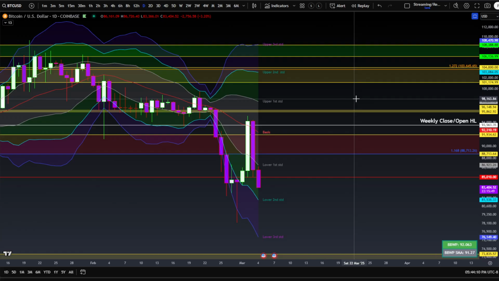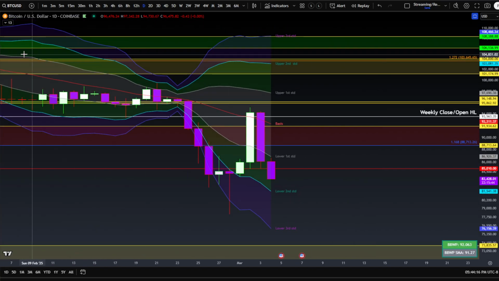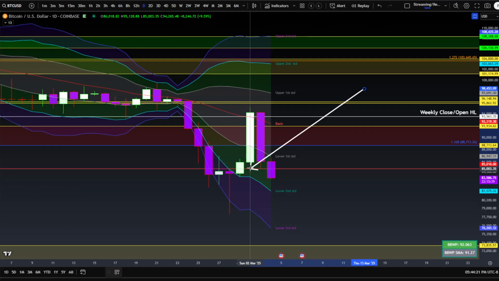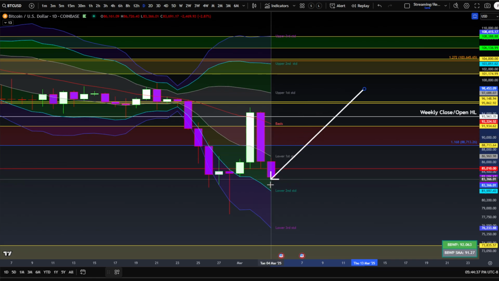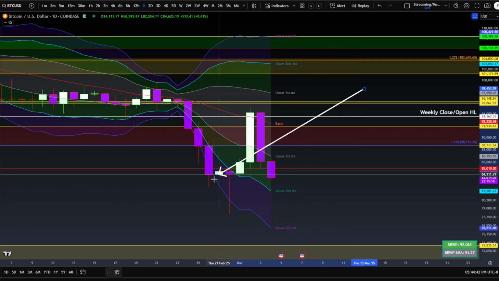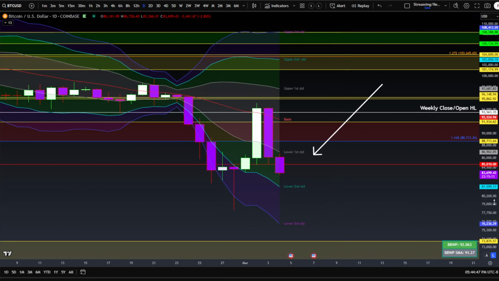So big thing here, as I mentioned, look at this interplay. Look at this beauty of a Saturday close and then a retest on Sunday before all the news came out, started to rise and then rocket up just above the basis band and the weekly close open higher low that we were just talking about at 93.5. A dump back down right to $85,000, tries to hold it. Now it's dumping down more, looking for 82 and under, as it is starting. It's already breached the closing low.